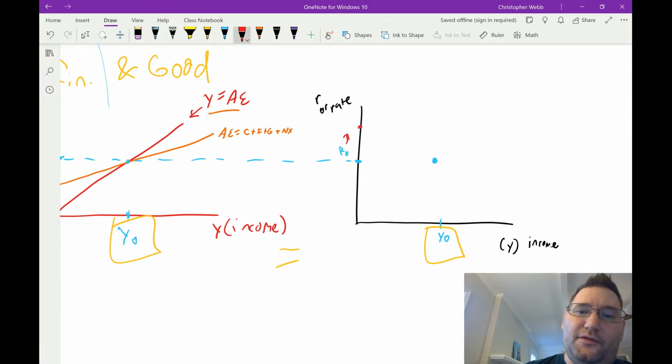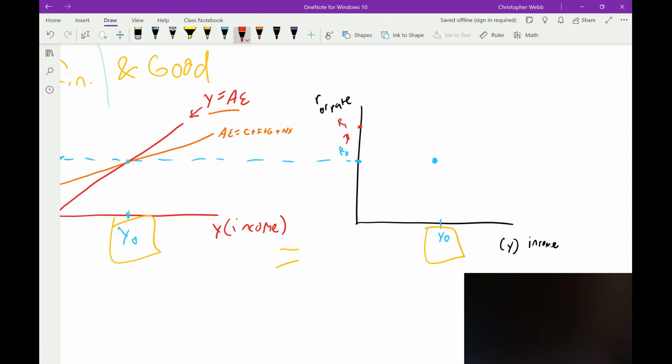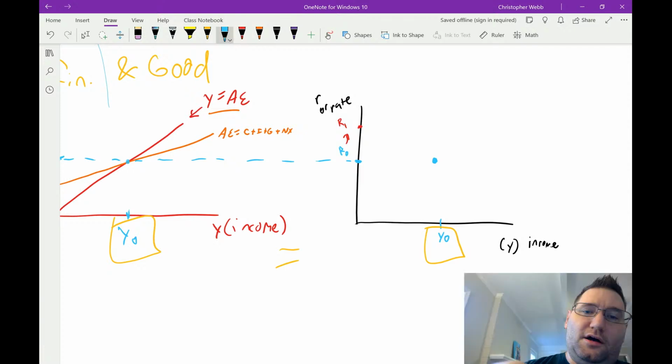Let's say to this point here, we'll call it R1. So at R1, what happens is now it's going to cause a new point of